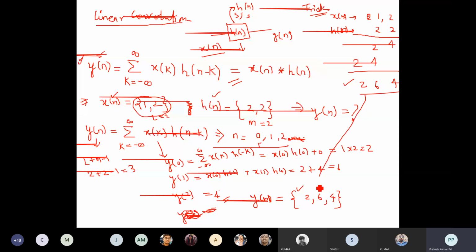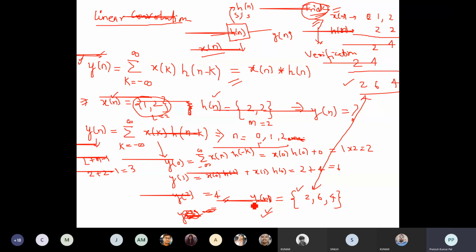So this is the direct method, the trick method, but in exams you need not use it; it is only for verification. Whatever method you have used, you can verify whether your answer is correct using this trick method, otherwise you need to follow the mathematical expansion method. This is how you can calculate the linear convolution. There are some other ways to calculate it, but that is sufficient.